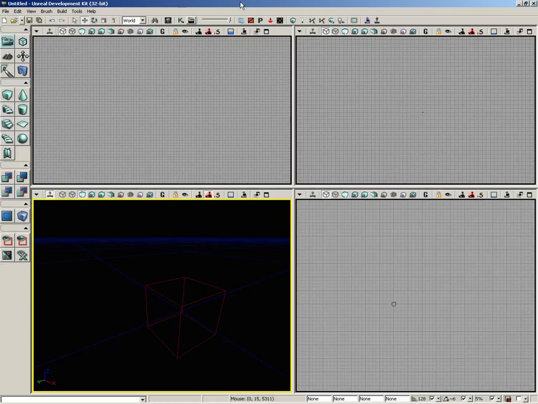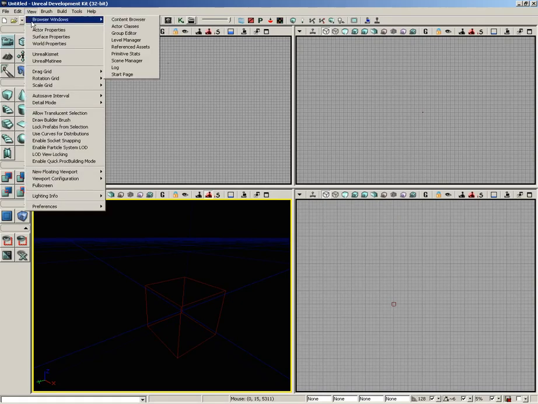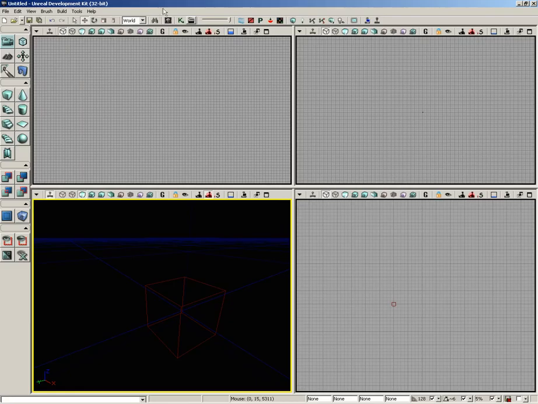Okay, it's time to talk about one of my very favorite parts of the UDK interface, the content browser. Now, I'm going to open the content browser by clicking on its button located here inside the toolbar, labeled Open the Content Browser. You can also go under View, down under Browser Windows, and choose Content Browser, whichever way works